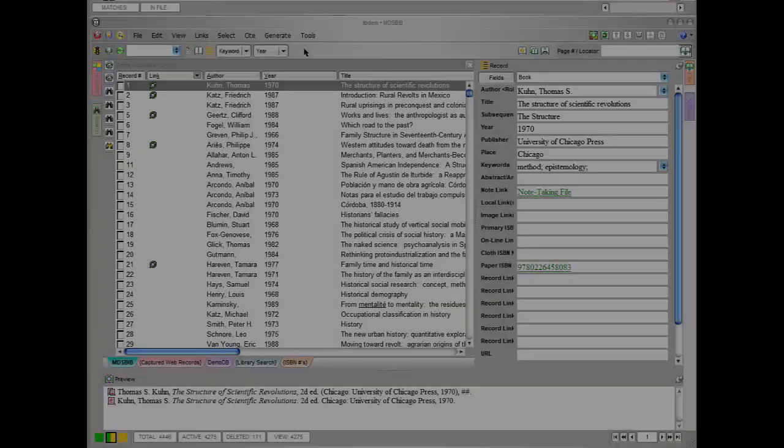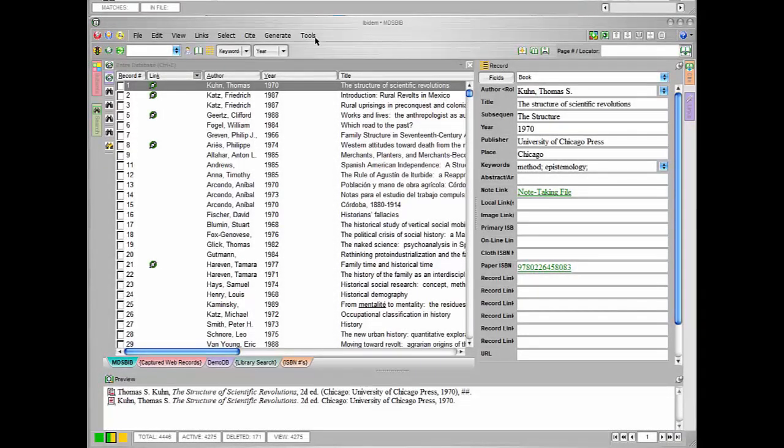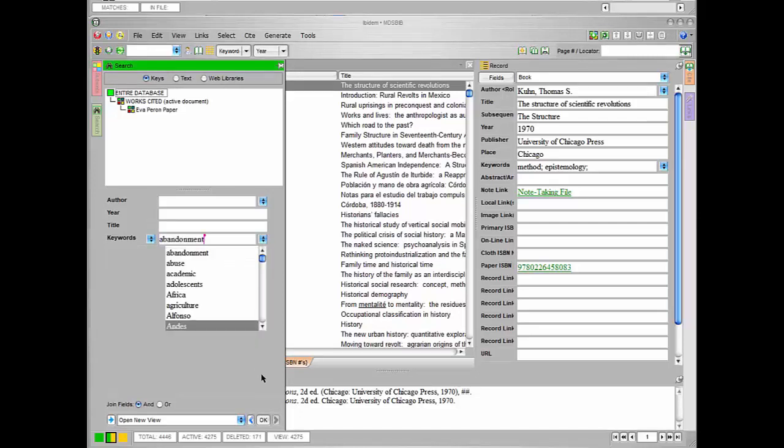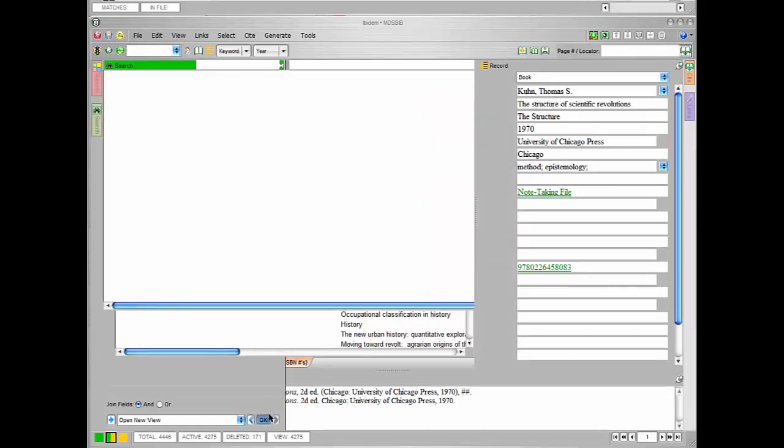Here's how it's done. You will normally want to select a subject, which will likely be found in the keywords field from among the keywords you have used in your database, and conduct a search. Keywords will appear in alphabetical order. With the search pane in view, I'll select my keywords in this example, and I'll double-click on the keyword abandonment